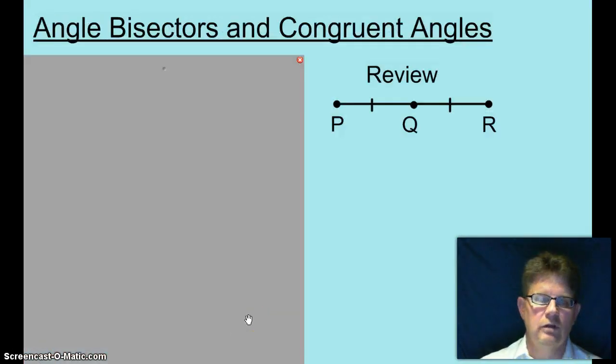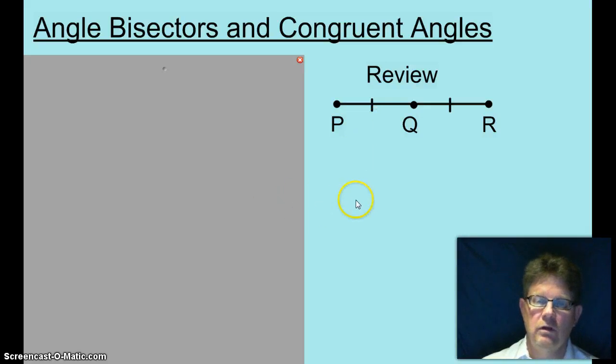And the last thing we're going to talk about, angle bisectors and congruent angles. Let's review a segment bisector, which is called a midpoint. A midpoint will divide a segment into two congruent parts. Q is the midpoint. How do we know it's the midpoint? Because of the tick marks here that show us that PQ is congruent to QR because of the single tick marks. That shows you that those